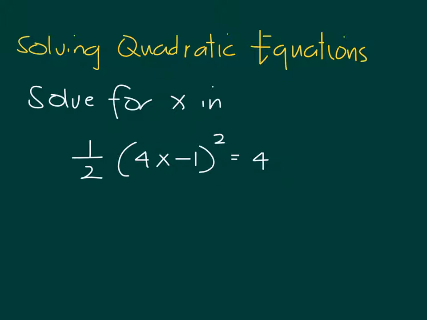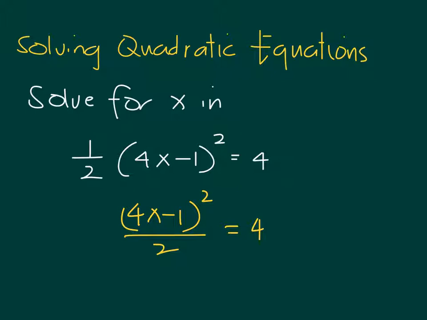Okay, so although this is a quadratic equation, saying a quantity squared doesn't mean that you really have to expand the expression. Well, you can actually expand the expression, but maybe we could find another easier way of solving it. Now, if you look at the given equation, what you see is that there's a 1/2 outside, and a 1/2 is just the same as having (4x minus 1) squared over 2